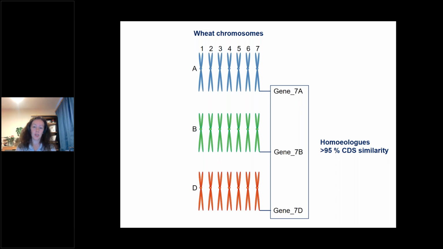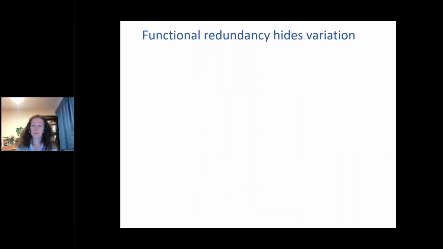Do these three copies of genes, the three homologs, have similar biological functions, or is it possible that after polyploidization, these three homologs have started to subfunctionalize or neofunctionalize? And that's something I'm very interested in and I'll talk about today. So one of the reasons I'm interested in this is because functional redundancy between these homologs does hide variation, particularly phenotypic variation. So in a diploid species, we would expect to see